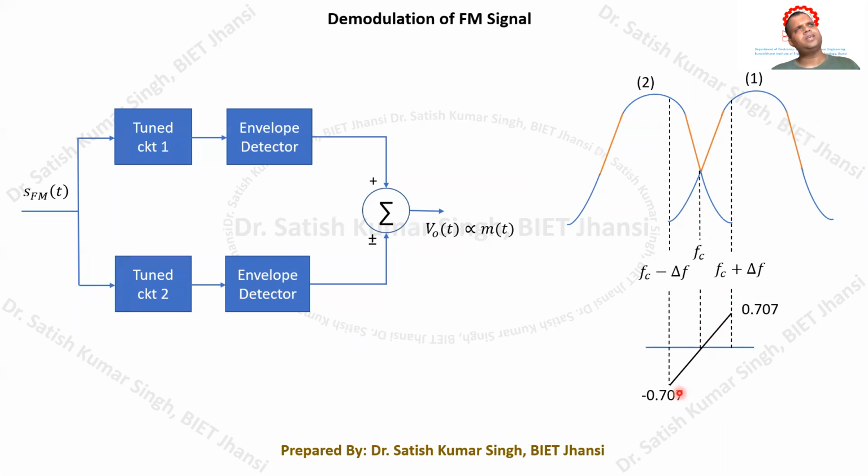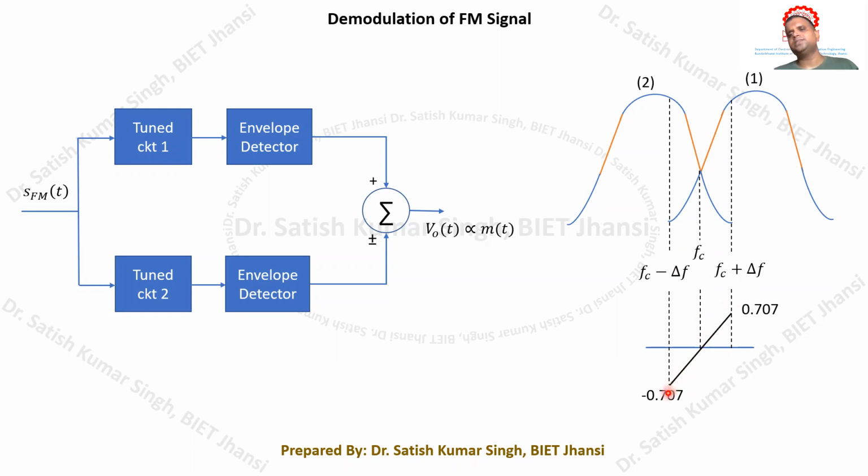So basically, you can substitute certain values. For example, at f equals fc, if our gain is 0.4, then 0.4 minus 0.4 will be equal to 0. If here it is 0.5, and here it is something like 0.3, then it will give you 0.2. Similarly, here it will be 0.6, here it is 0.3, then it will give you 0.3, and so on. This way you can calculate the value.